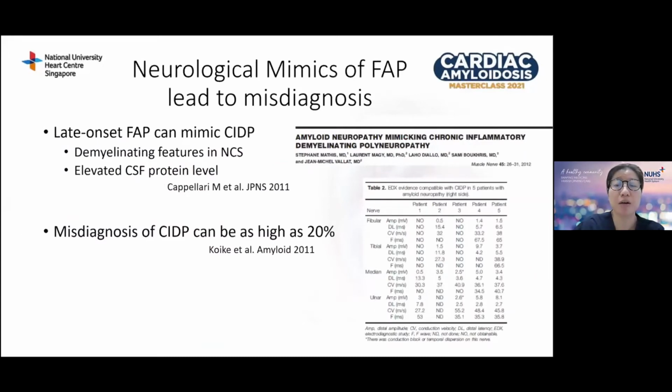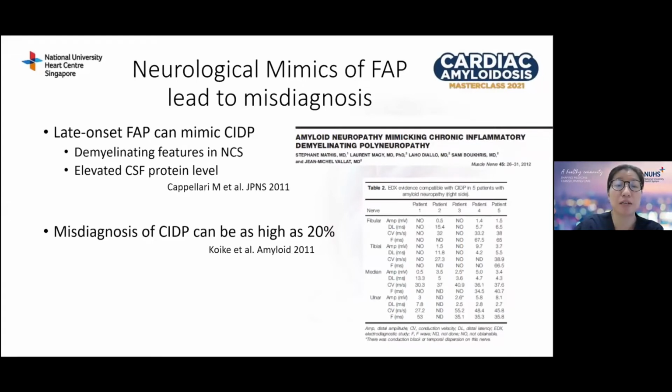Familial amyloid polyneuropathy is also frequently misdiagnosed as chronic inflammatory demyelinating polyneuropathy or CIDP, where the misdiagnosis can be as high as 20% because of similar features on NCS and on CSF findings. Some clues to suggest a FAP over a CIDP are that pain may occur more frequently in patients with amyloid neuropathy, but only in 1/3 of patients with CIDP. And autonomic symptoms can occur in 65 to 94% of patients with amyloid neuropathy, but only in up to 20%